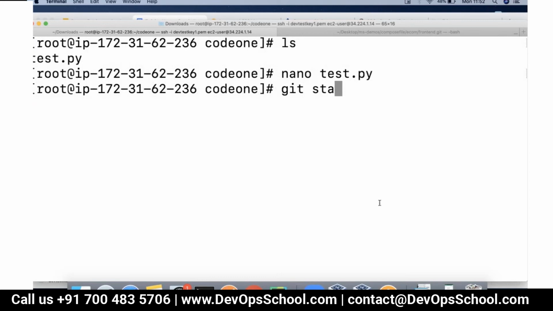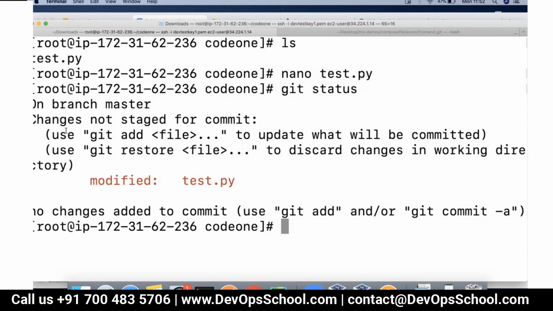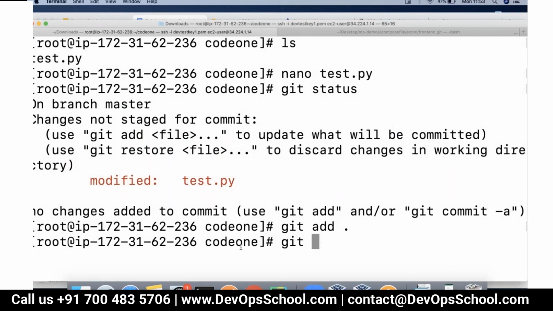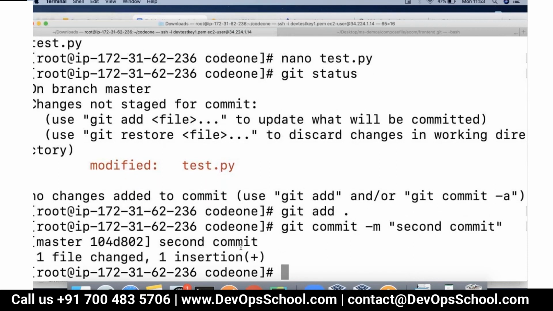If I do git status, we know there are some changes which are not yet staged. Now, how can we add it to staging? Git add dot, right? And how can we commit it? Git commit -m second commit.